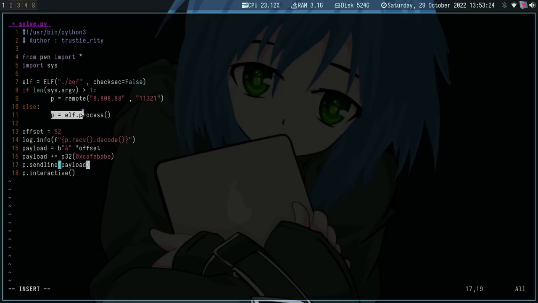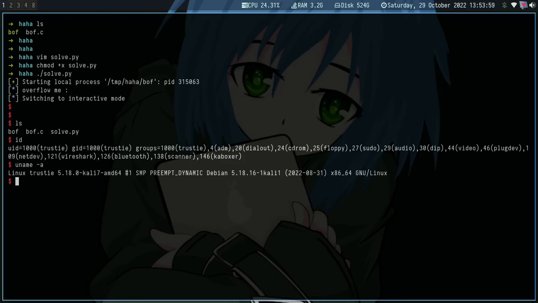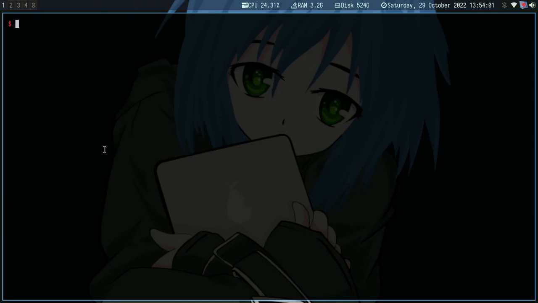Then we are setting a new process, and from there we know the offset. We are receiving the overflow me line, and from there we set up our payload and overflow the value with hex cafebabe. This will land us into a shell because of p.interactive. And as you can see, we have a shell.